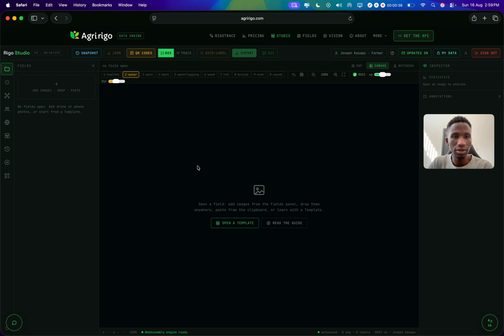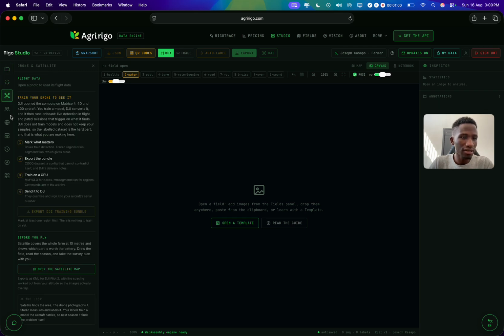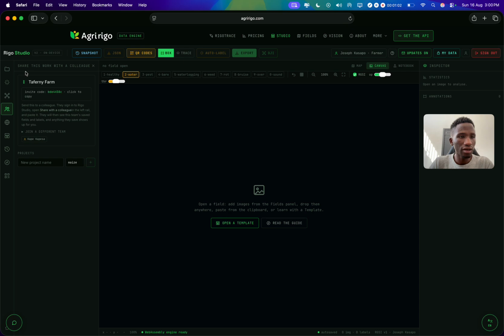It's a WebAssembly app pre-packaged within Agririgo and can be accessed just via our website. That's agririgo.com/Rigo Studio. At the left sidebar, you get to see that there's a folder section. There's the Rigo AI section. We have the drone and satellite section. We have the share